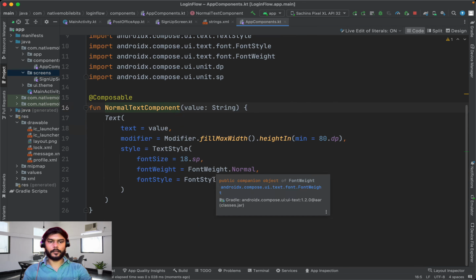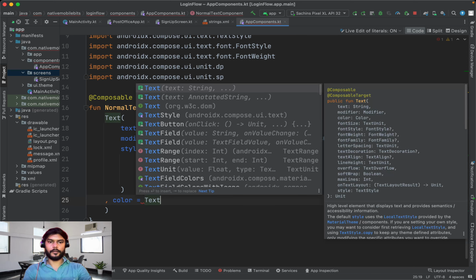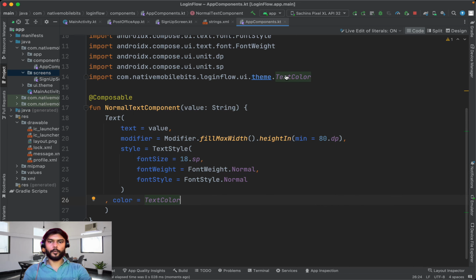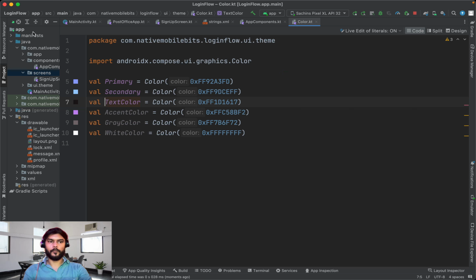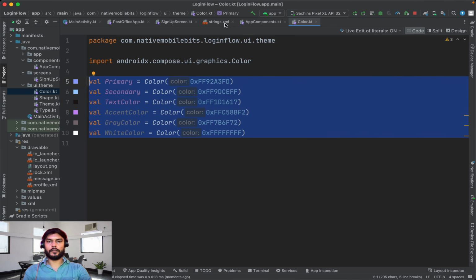We can come back to our text composable and update the color here. So we are going to use this text color. It will be imported from our theme, which we have here inside ui.theme. I have created one color file, Color.kt, and we have defined all of the colors which we have inside our